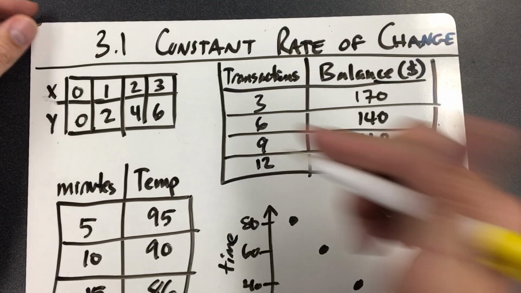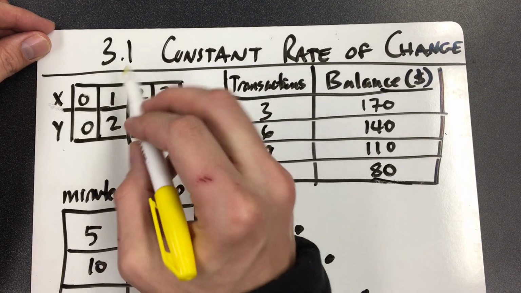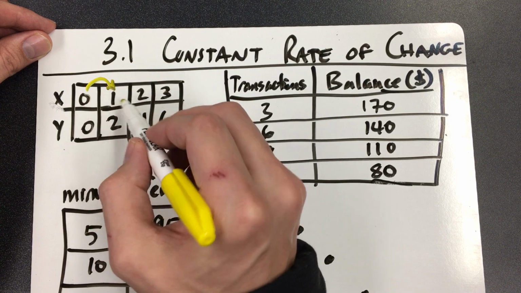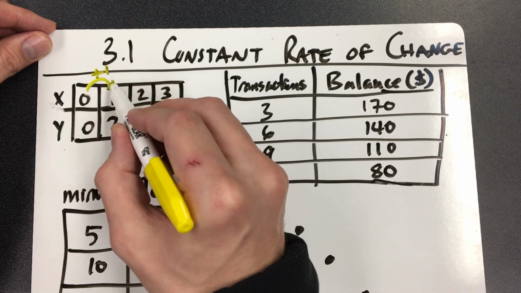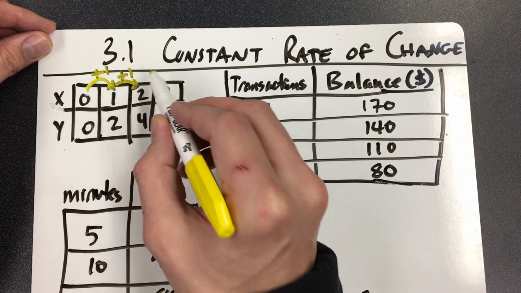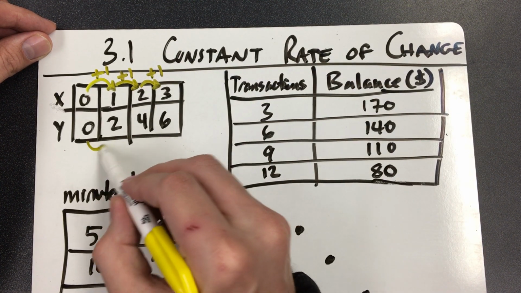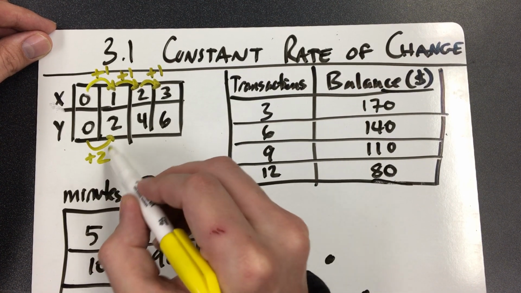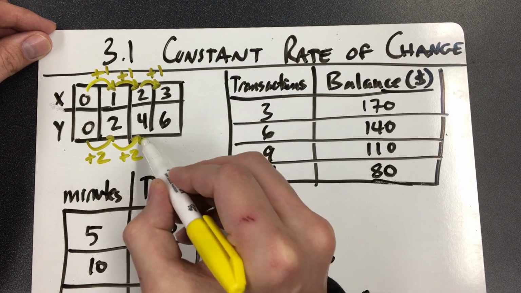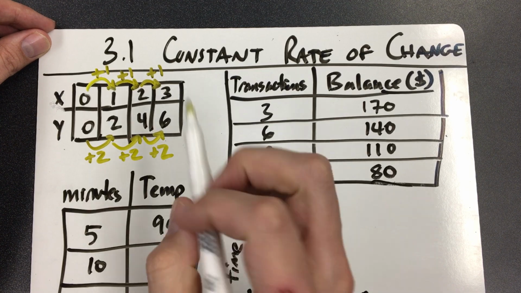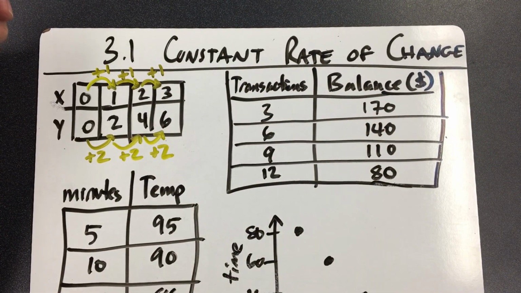And so all you need to do is just kind of compare from here to here, right? Just look and see what it's doing. What are we doing to get from 0 to 1? We're adding 1. From 1 to 2, we're adding 1. From 2 to 3, we're adding 1. Okay, looking good so far. Down here on the Y, 0 to 2, we're adding 2. 2 to 4, we're adding 2. All we're doing is some basic adding and subtracting here, right? And so whenever you get done, you compare your